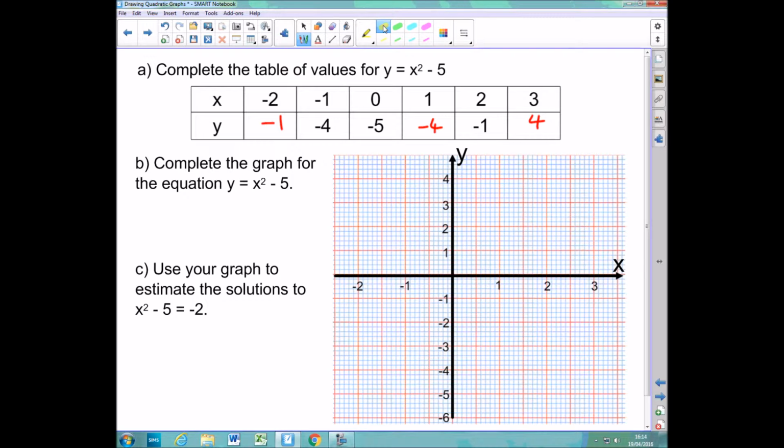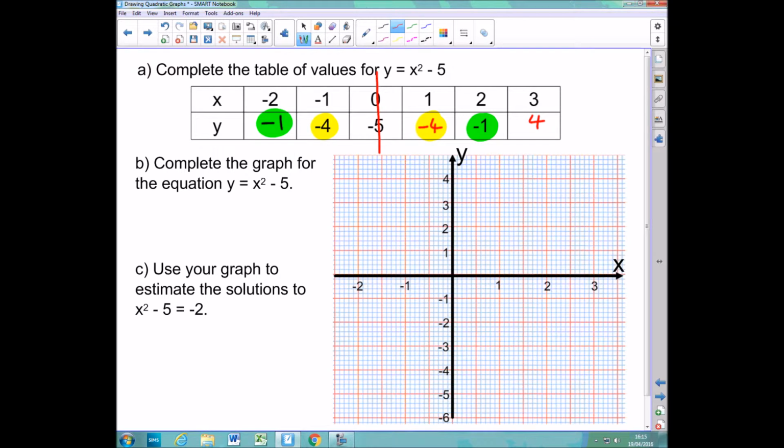So at this point, I'm just going to highlight a characteristic of this quadratic table here. Hopefully, you might notice that I've got a minus 4 here and a minus 4 here. I've also got a minus 1 over here and a minus 1 over here. And you can see that the values are repeating. In fact, quadratic graphs always have a line of symmetry. In this case, the line of symmetry is at 0, and all the values are going to be repeating either